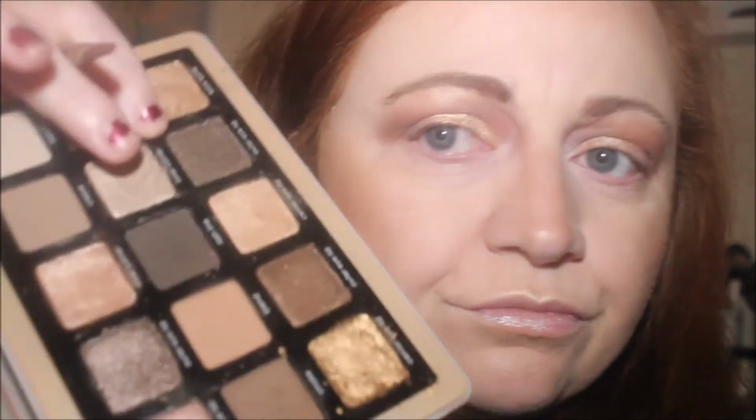This brush is falling to bits and it's a naked brush. It shouldn't really be doing that. So this is an Urban Decay Naked brush. I think this one came out of the Urban Decay Naked 3. I don't know whether that was a dodgy palette I had or what, but it's since gone out of my collection. We're using this on the outer corner now, so